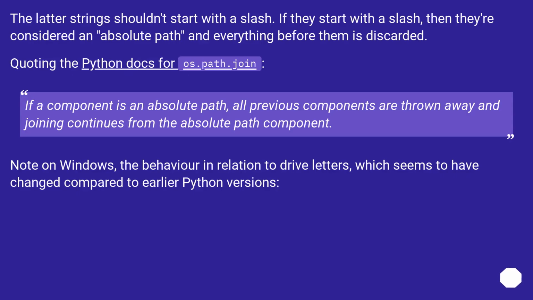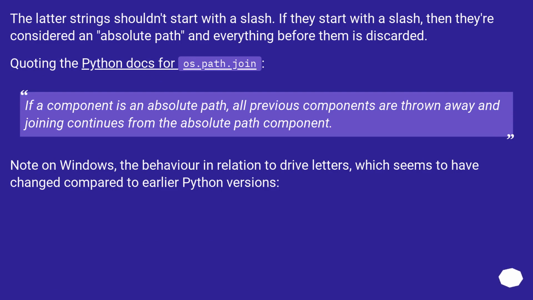The latter strings shouldn't start with a slash. If they start with a slash, then they're considered an absolute path and everything before them is discarded. Quoting the Python docs for os.path.join: if a component is an absolute path, all previous components are thrown away and joining continues from the absolute path